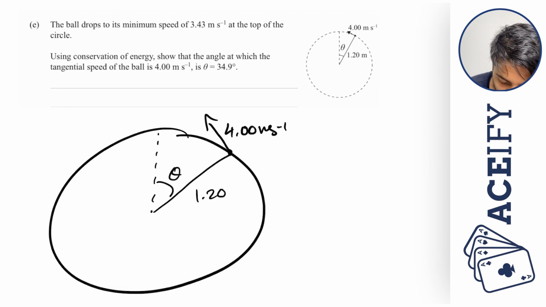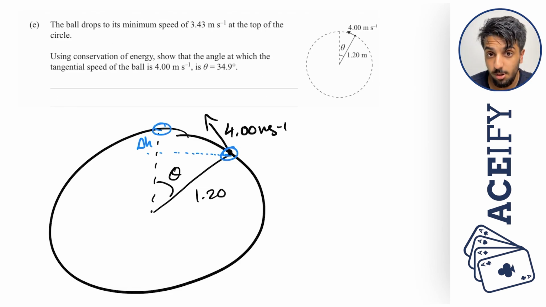And so if we draw a little triangle, like so, we can see that there is a delta H right here. So that is a change in height between this height and this height at the top. And that's obviously going to result in a greater EP, right? This point has a lower EP than this point. What that also means is that this point right here has a greater EK than this point,